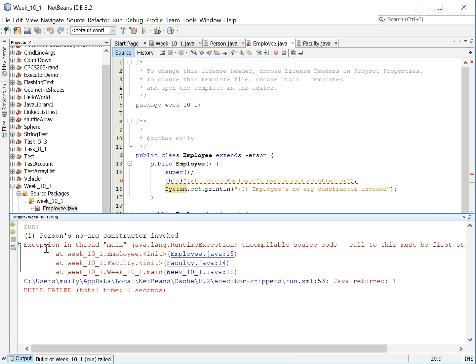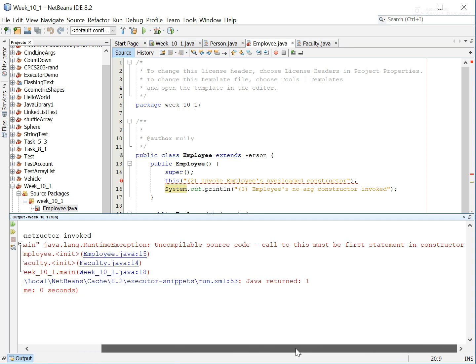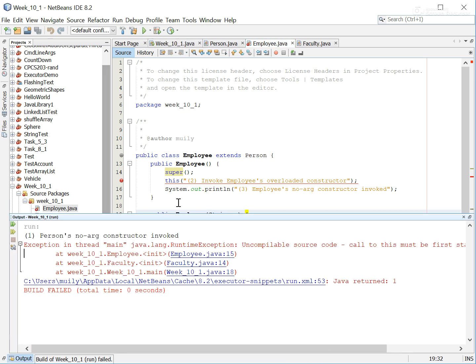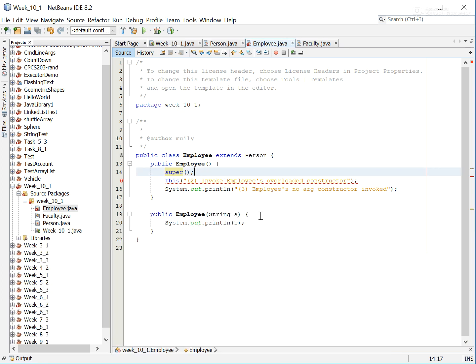Aha. Call to super must be the first statement. So we get a problem over here. We're calling the superclass's constructor when it's already been called over here. Okay. Let me remove this. Try this again. Still having trouble. Because this will again